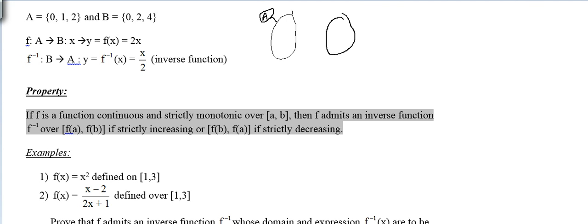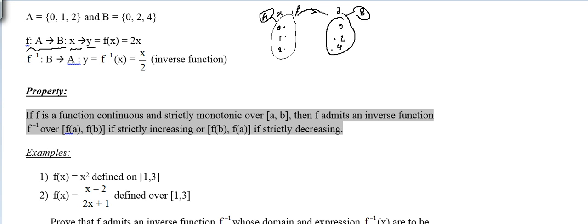This is set A, and this is set B. And suppose we have a relation from A to B called F. F is a relation from A to B. A has three elements in it, 0, 1, 2. B has three elements as well. F is a function from A to B, where x goes to y, x belongs to A and y belongs to B, where y is f of x